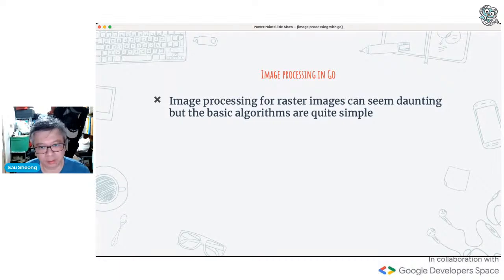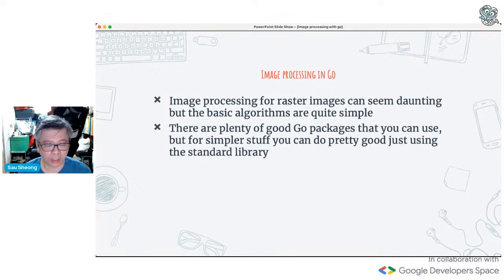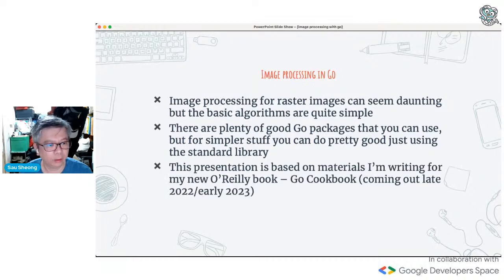So the algorithms are not that difficult. And if you see some of the things I do today, you will realize that Go makes it relatively easy and sometimes pretty fast as well. There are, of course, a lot of other Go packages that you can use. But if you just want to stick with the standard library, you can do a lot already.